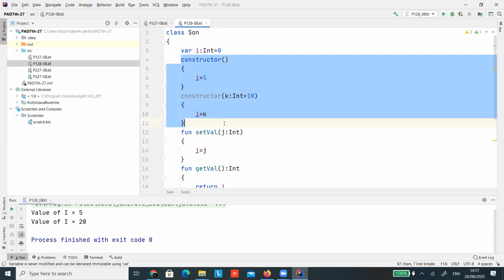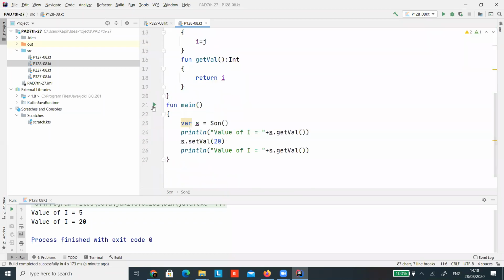Now the question is that if I am going to call the empty constructor, without parameter, which one is going to be called? The first one, so what will be the value of I? 5 or 10? 5, okay. One answer is there. 5, Jay, okay. Thank you, Jay. 2 are enough. So let's test, see what is the value of I. It will be 5.